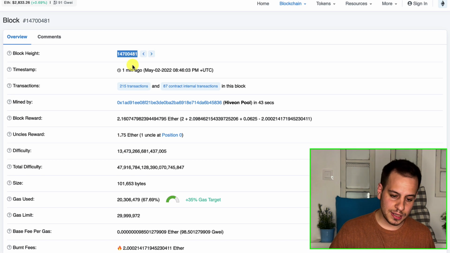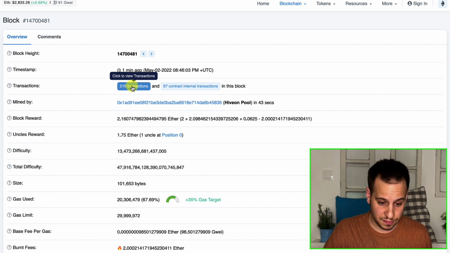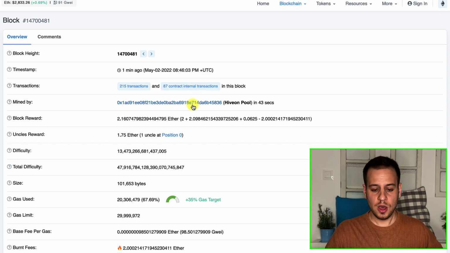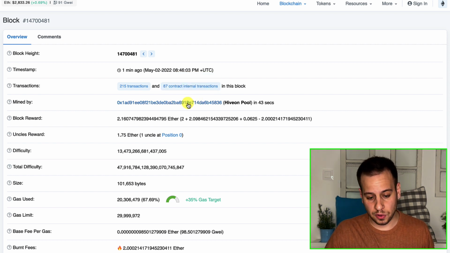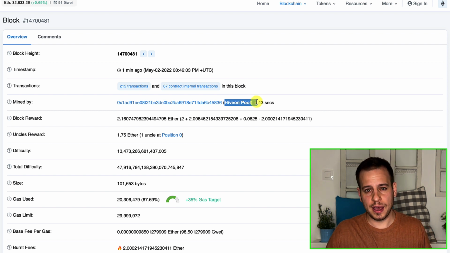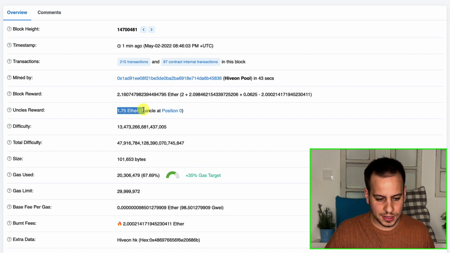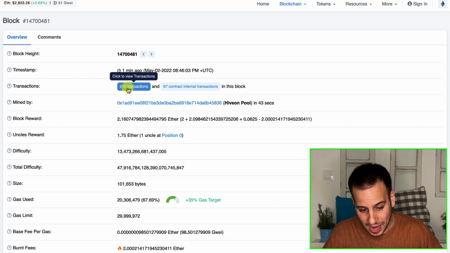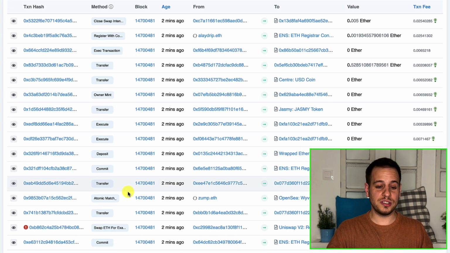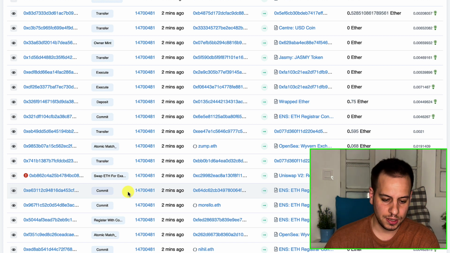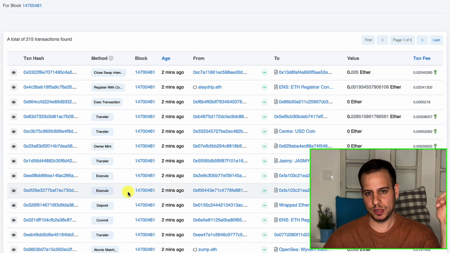You see this timestamp, all the transactions, 250 transactions, and you can see the internal calls of smart contracts. Who is the miner who mined it? Of course, usually it's going to be mining pools because they have the largest mining power. You can see the rewards regarding block difficulties, all these kinds of things. But if you want, you can also get into the transactions. If you get into the transactions, you can see all the transactions that were included in this block. You can see all the transaction details that we saw previously in the wallet, just now regarding a block,